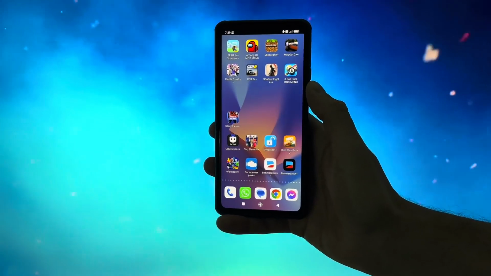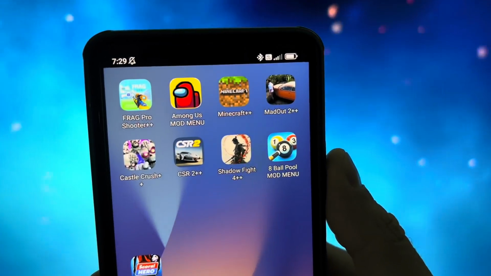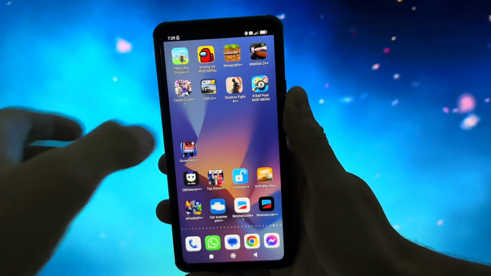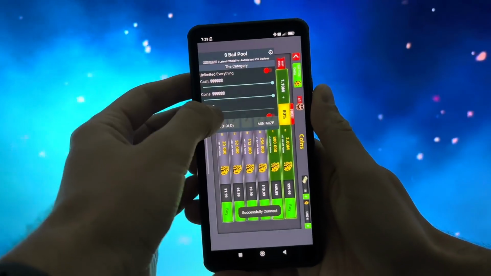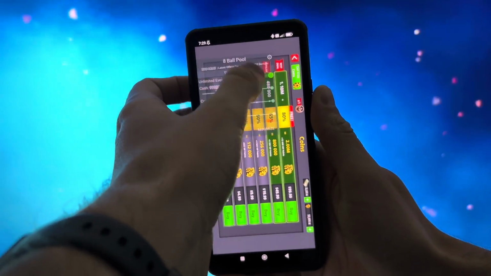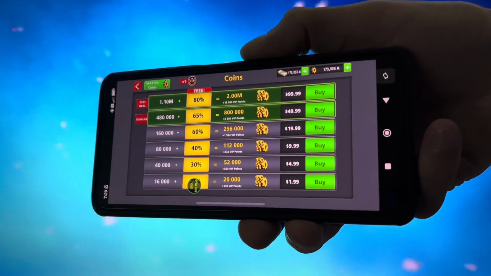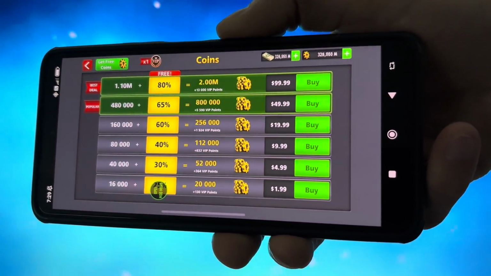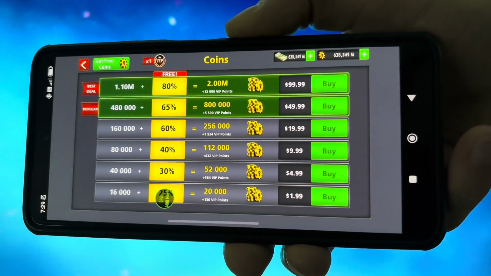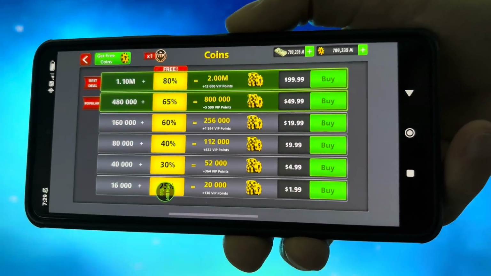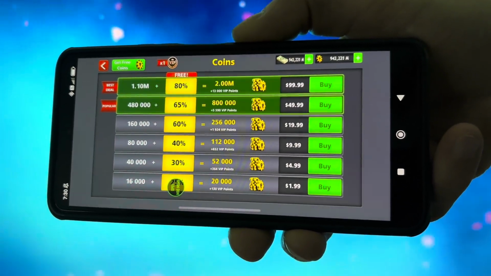In today's video, I'll be showing you how to get 8 ball pool mod menu completely free, and it's working on both iOS and Android. As you can see on your screen, this will give you all the hacks in the game, as well as unlimited cash and coins for both iOS and Android. I have a bunch of options right here, such as aimbot, unlimited cash, money and coins, aim lines, free purchases,